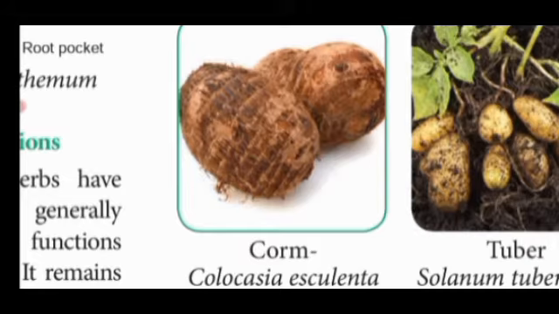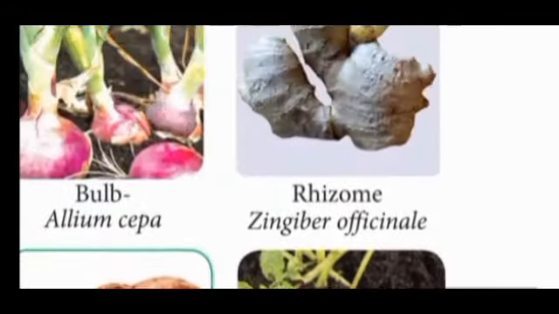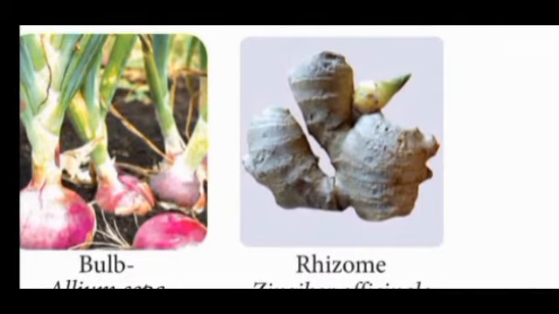The next is a rhizome. Ginger is the best example of a rhizome. It is also an underground stem that grows horizontally with several lateral growing tips. Rhizome possesses conspicuous nodes, a lot of nodes, and internodes covered by scaly leaves. Examples: Zingiber officinale, ginger, Curcuma longa, turmeric, Maranta, Nymphaea, Nelumbo, lotus and lily.